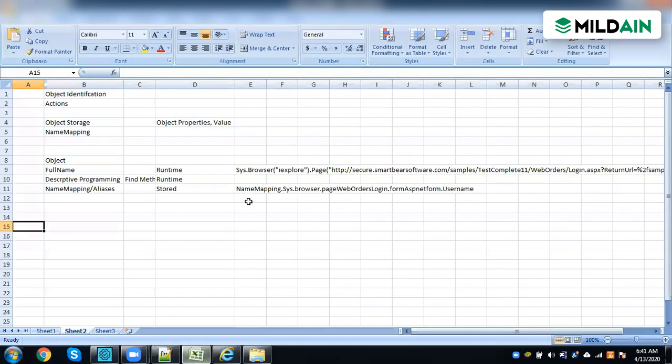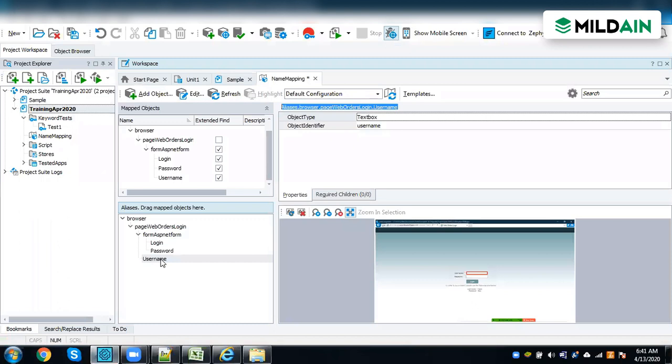But in finding that object, will we face any issue because the ASP.NET form is missing, right? Actually, if you just right click and find the mapping object, it will find this object. And you will have form ASPX on the same hierarchy. The only thing is, if you skip a larger number of properties in between while adding, your performance may go quite slow, because the tool will take more time to identify the object.